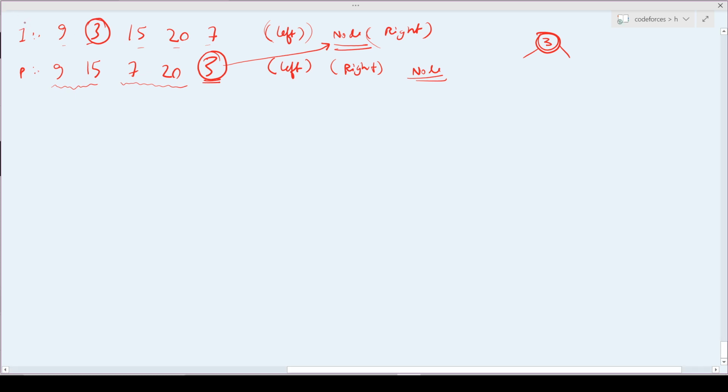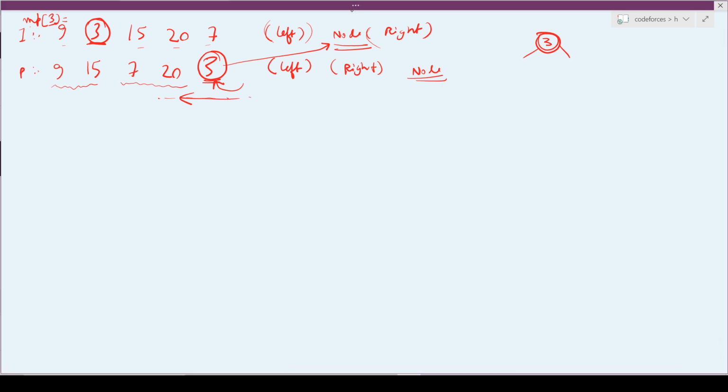The first thing that should strike your mind is how you will find the location of this 3 in O(1). Because you actually know the 3, since you are iterating on the post-order array from right to left, you should know in O(1) the location of 3. So you will use an unordered map, and the map of 3 will store the location, which means the index.